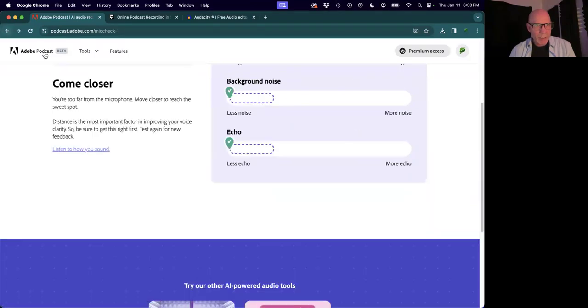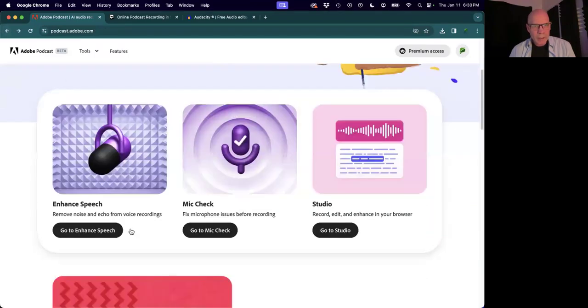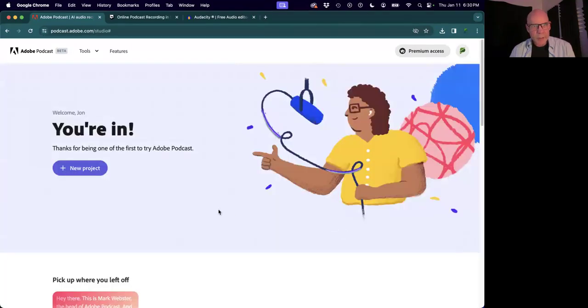So I'm just going to go back here and go to the studio, which you could literally make your podcast in. I'm going to go here and we'll just look at it and do some things. So we're in this, and this is a beta, they're still building this software. Now, again, the studio is not part of the free one. So you have to have a full